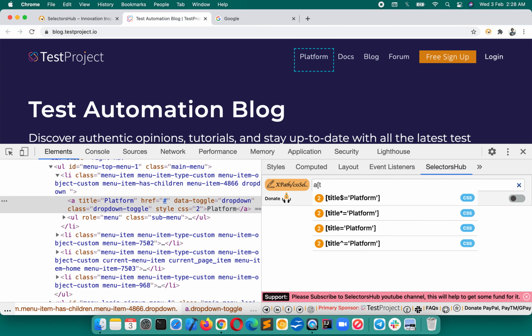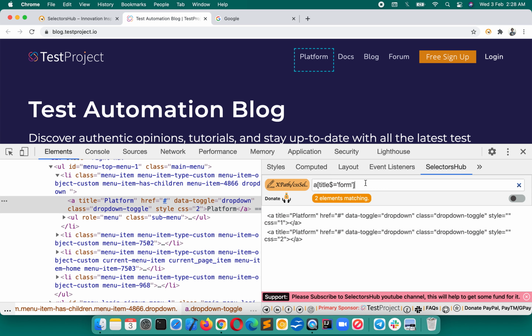So we want all the links in this page which have the title value ending in form. Here it will give us all those links which have form in the title value. Now press enter. There are two elements which have form in the title attribute.